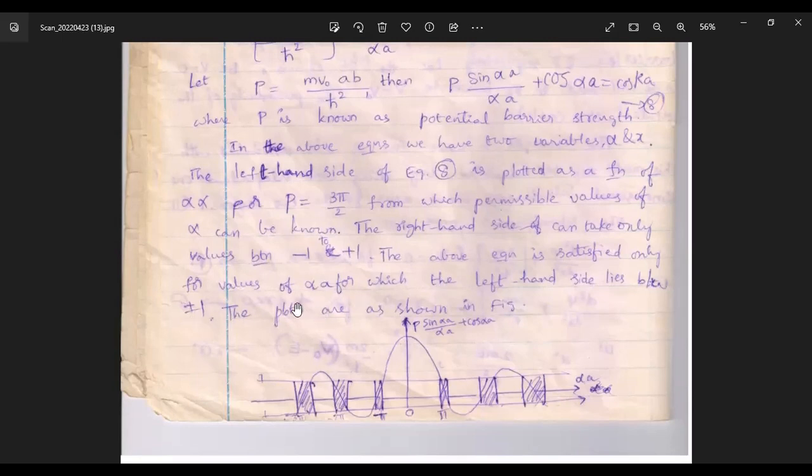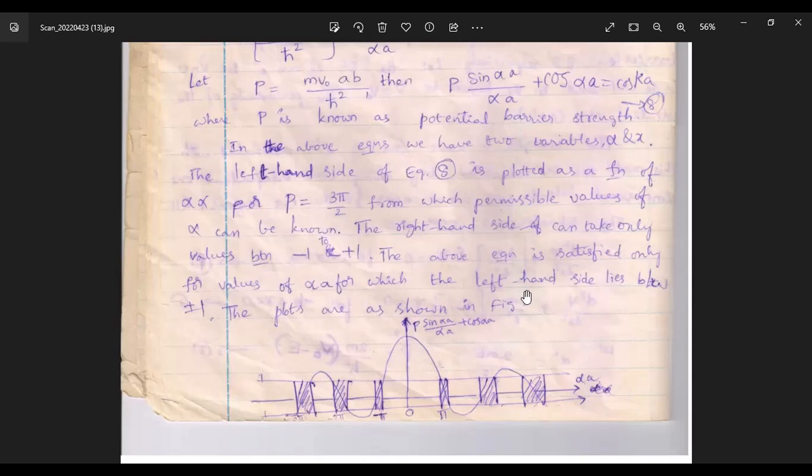Okay, so for what values of alpha A will the equation be satisfied? When the left hand side lies between plus or minus 1. The plots are shown in this figure. See, the potential barrier strength P sin alpha A by alpha A plus cos alpha A, we took on the left hand side of the equation, on the y axis. On the x axis, we have taken alpha values. So what is happening here? It is a periodic potential that the electron is experiencing. So for what values of alpha A do you get